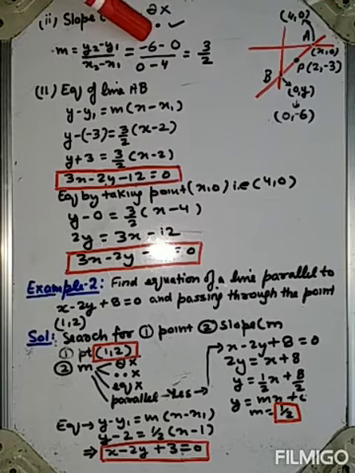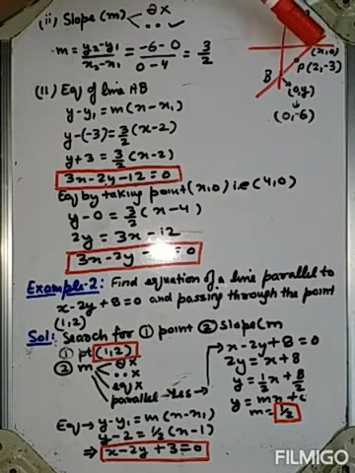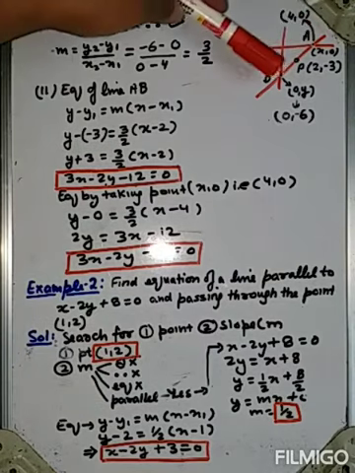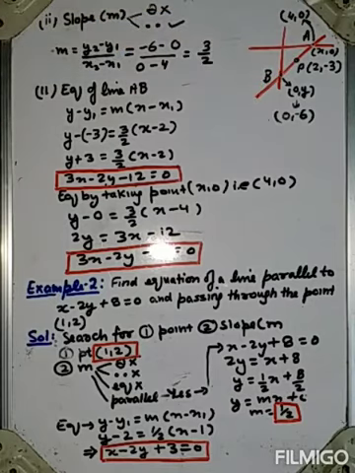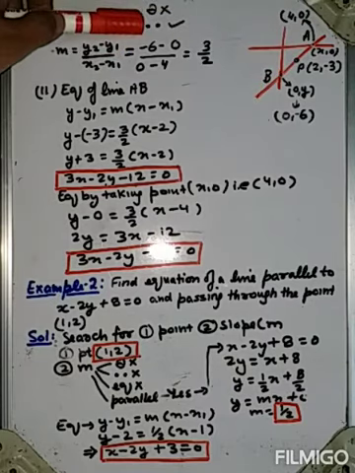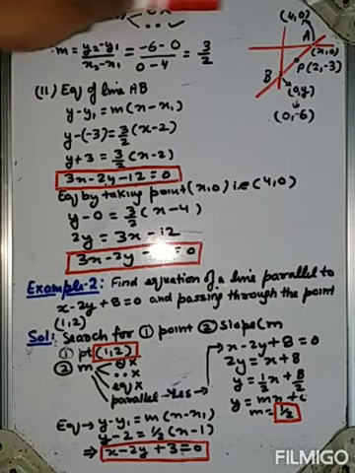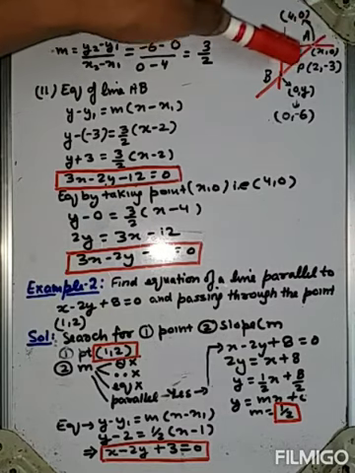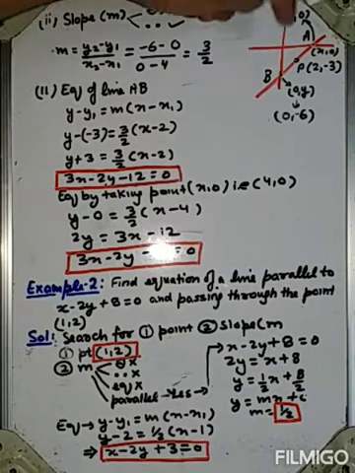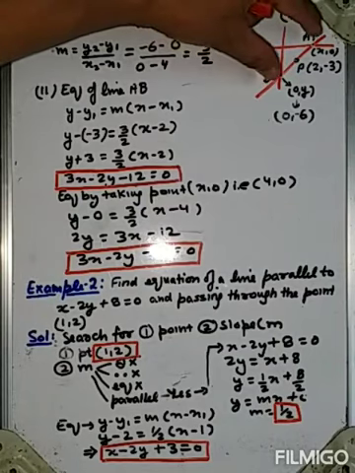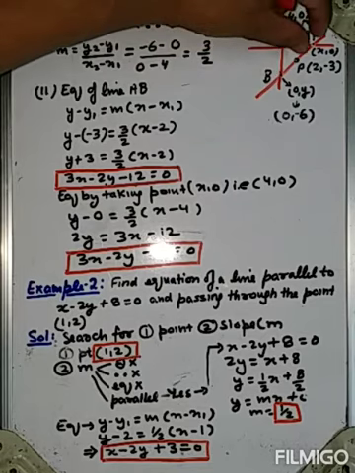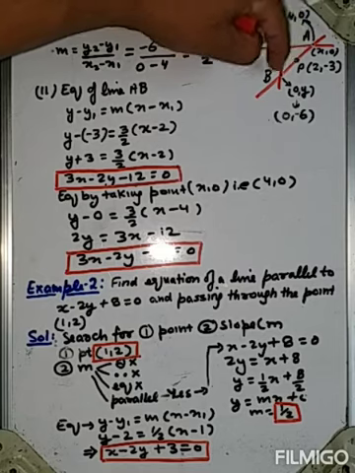The second formula we apply when coordinates of 2 points are given: y2 minus y1 upon x2 minus x1. So we have to check whether two coordinates are given. We have taken out the A coordinate and the B coordinate, so already we have three coordinates A, P and B. By taking any two of these coordinates, either A or P, or B or A, or A or B, we can find the slope.